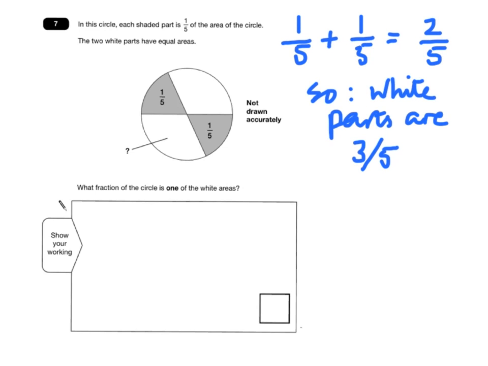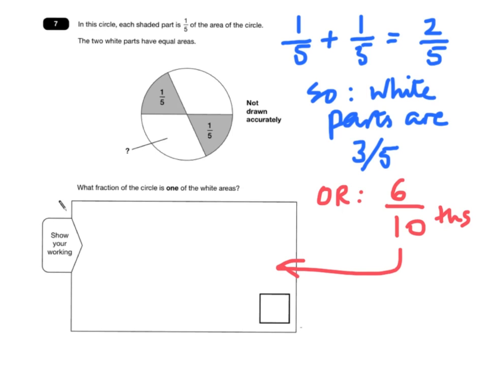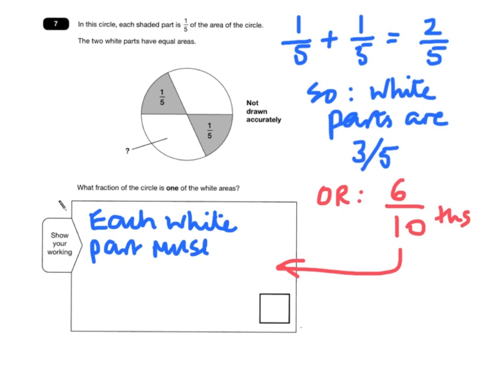Now, there are two of them and they're equal. We can't split 3/5 very easily. So if we convert 3/5 into 6/10, which is an equivalent fraction, then it's relatively easy to split that, because 6/10, half of 6/10 is 3/10. So each white part must be